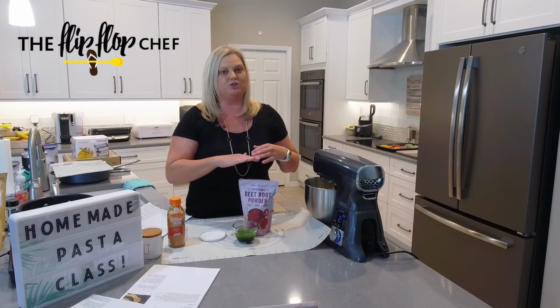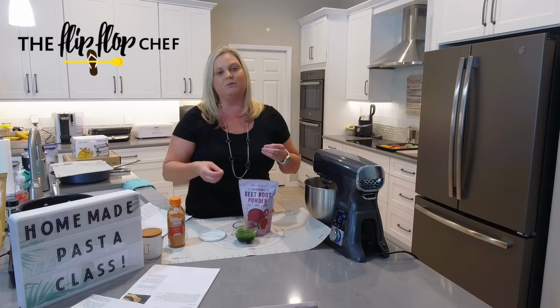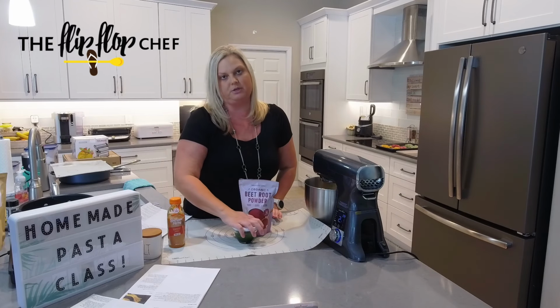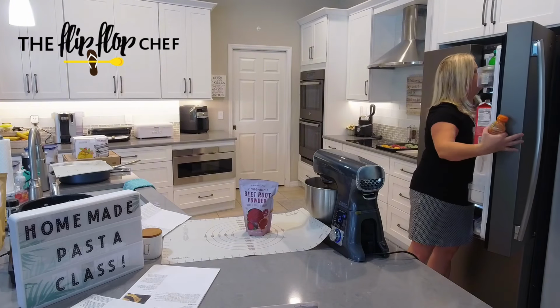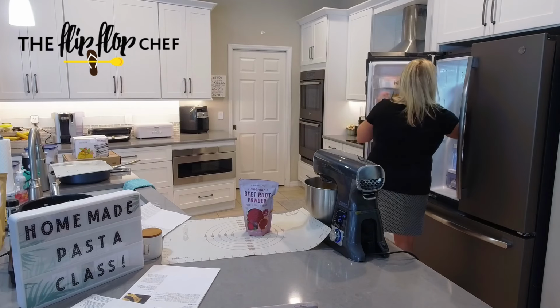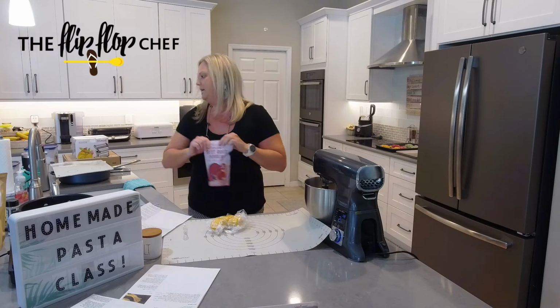I also did not strain this in any way. I just made sure it was super, super smooth before I stopped blending, and I used a half a cup of this spinach puree in the spinach pasta. So let me pop these back in the fridge. I'll be able to use these for another batch of pasta. All right, and this is my carrot